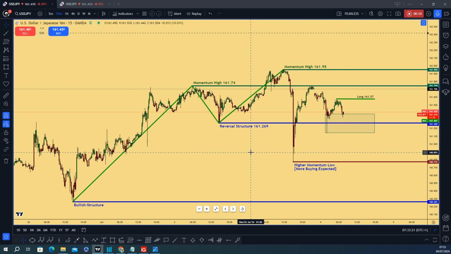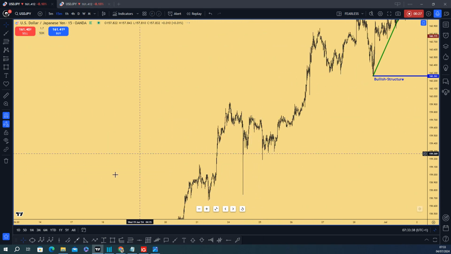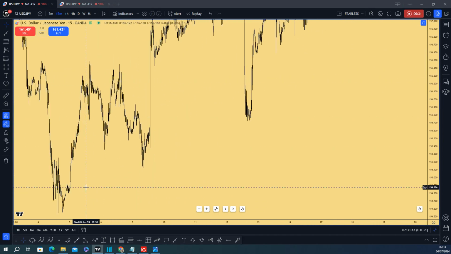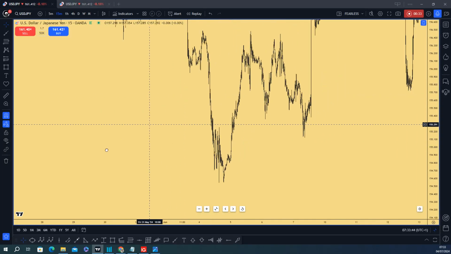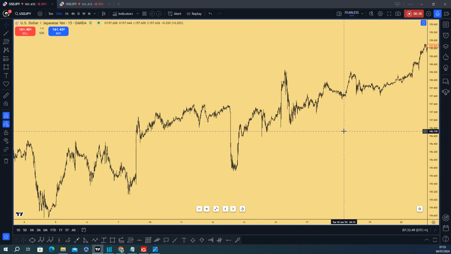So this morning, the focus is on the US dollar Japanese yen. The dollar yen is still very bullish, and look at this trend. This doesn't happen all the time, and you can see how strong it is on any time frame you look on